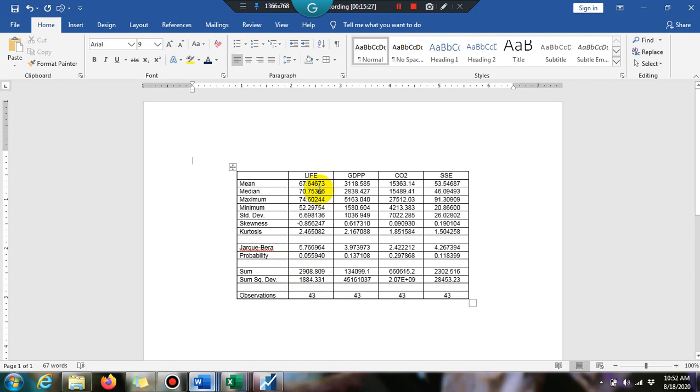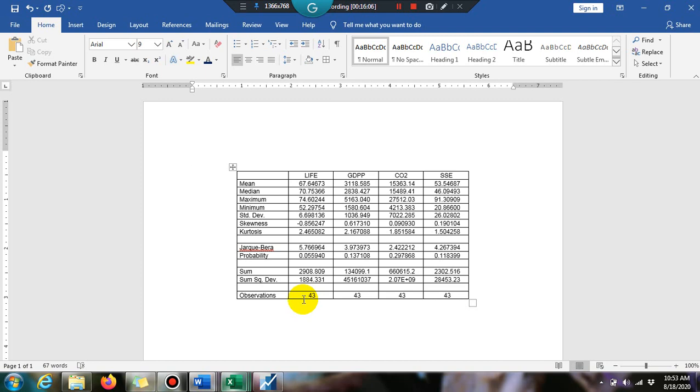Here we see the sum of the whole series of life expectancy, GDP, environmental degradation and school enrollment, and this is the sum of squared deviations of these series. And for the total number of observations, we are using 43 years of data, so 43 observations are given. This is all about the descriptive stats of these four variables.